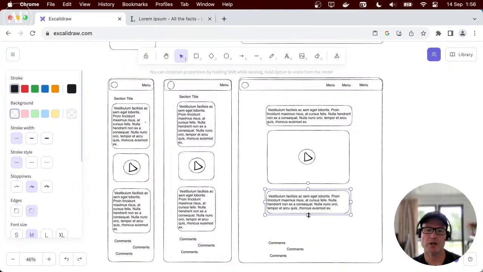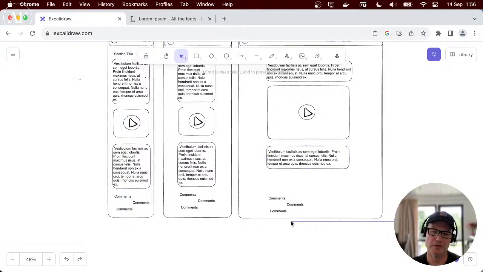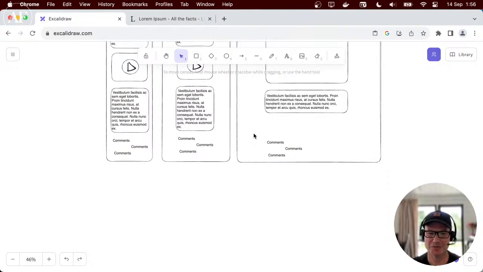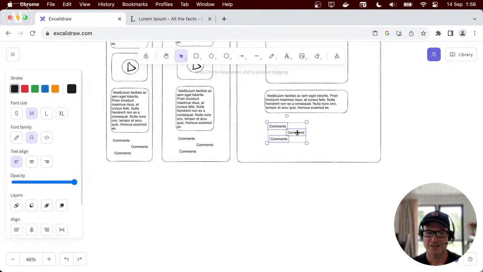The number one thing with a wireframe is that you want it to be relatively quick to put together, and the second thing is that you want it to at least be recognizable so that when you show it to someone else, they would hopefully understand what you're trying to do. Okay,